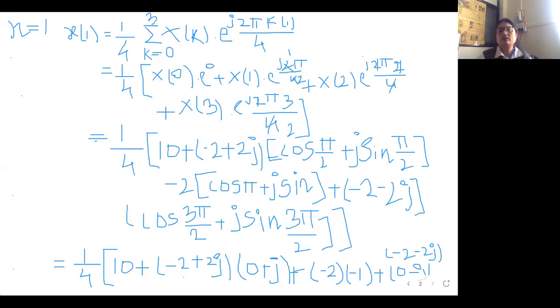So what we will do is simplify this complete equation. This will be x of 2. It should be written in small letters: time domain values are always represented by small alphabets, and frequency domain values are always represented by capitals. So x of 2 is 1 by 4